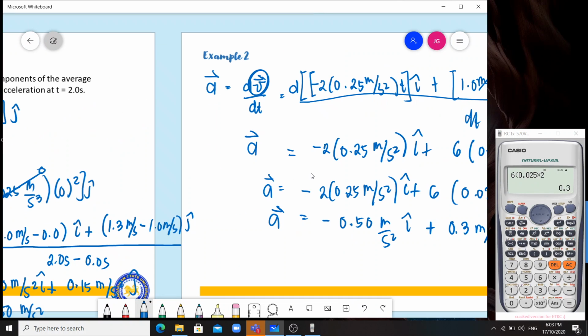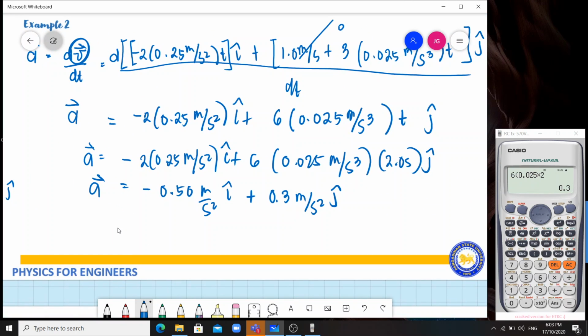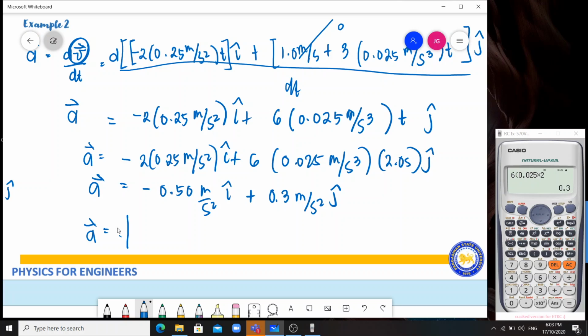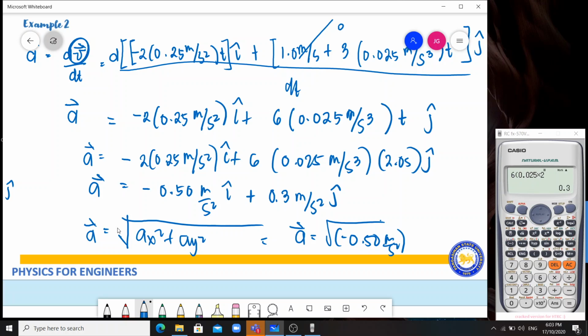Or we can get the magnitude din. Paano natin kukunin? So, ax squared plus ay squared. A is square root of negative 0.50 meter per second squared squared plus 0.3 meter per second squared squared. So, makukuha natin yung magnitude as